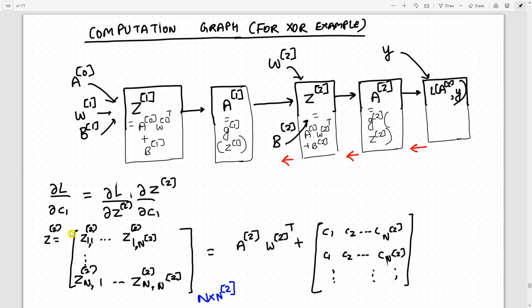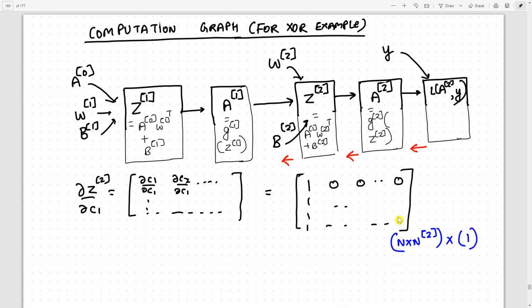Which we can write as A2 times W2 transpose plus capital B2, and capital B2 we've just seen can be written as C1, C2 till Cn2, so on and so forth, and this is repeated capital N number of times. So capital N number of times means the number of examples that we have, right? The only thing which we now need to compute is del Z2 by del C1. The first term here is not a function of C1, so the gradient with respect to C1 for this entire term would be 0. We now need to just compute the gradient with respect to this term,